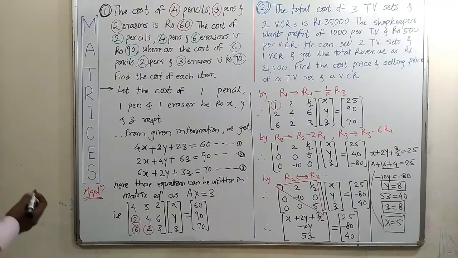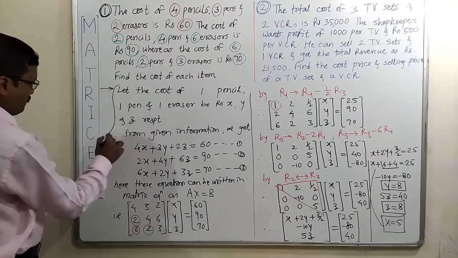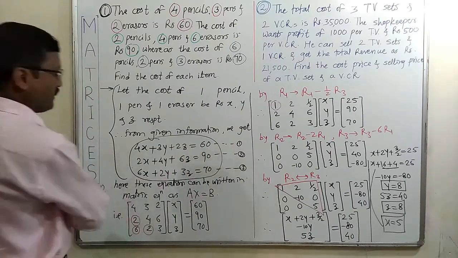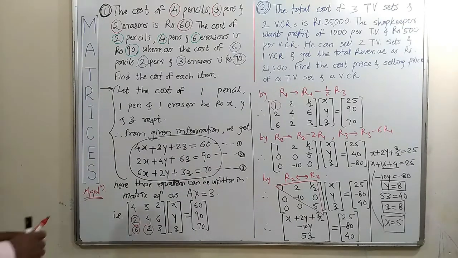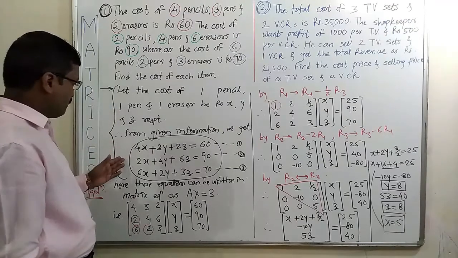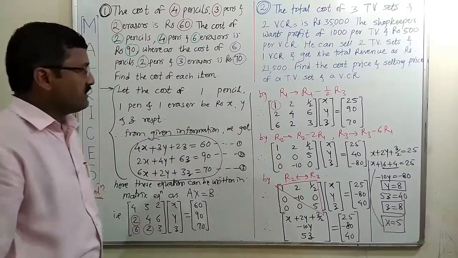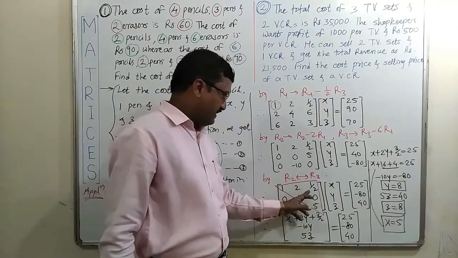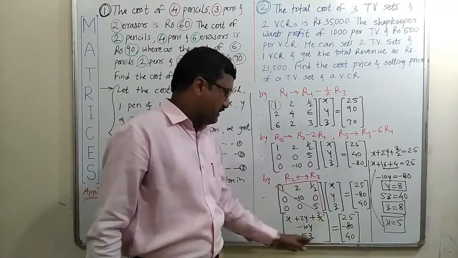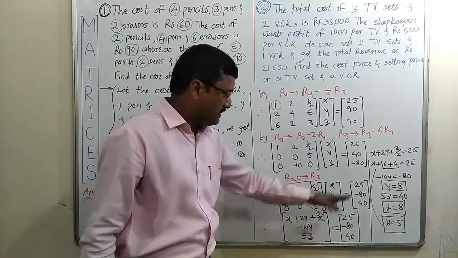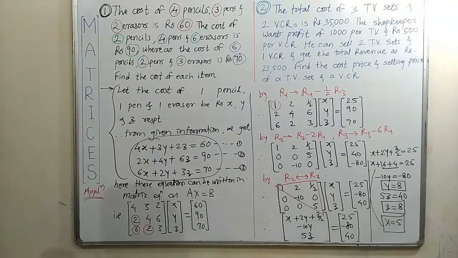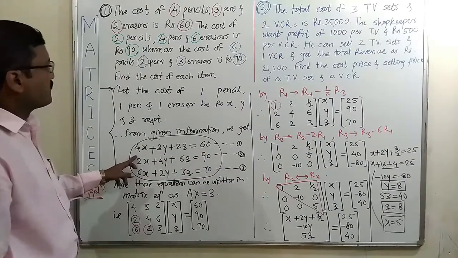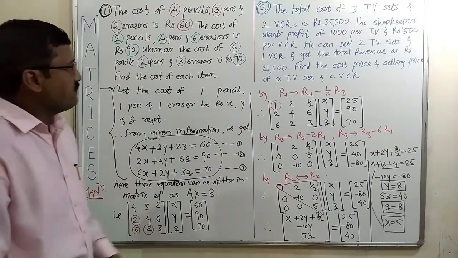So what to do here? You just have to form this system of equations. Formation of the system of equations is very important here. If you easily form this system of equations, then just follow the method of reduction. By using the method of reduction, we obtain an upper triangular matrix, and getting the reduced equations, you can easily solve these equations and you will get the values of x, y, z. At last, don't forget to check whether your values of x, y, z are correct or wrong. So this is the solution of the first problem.